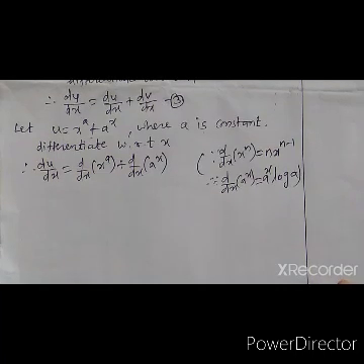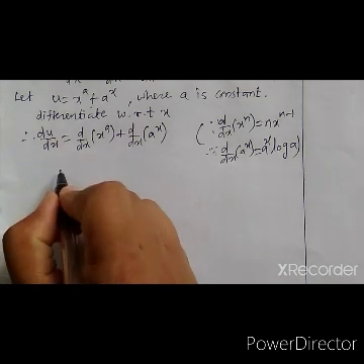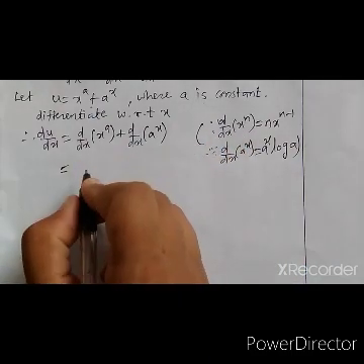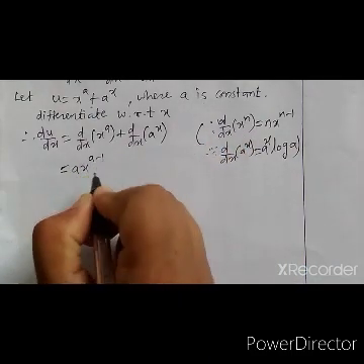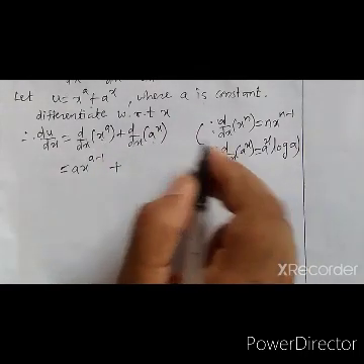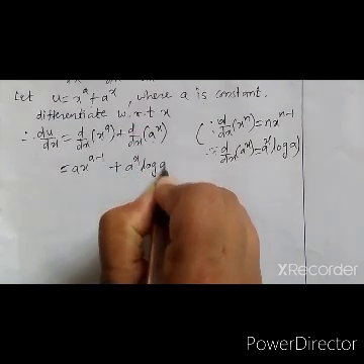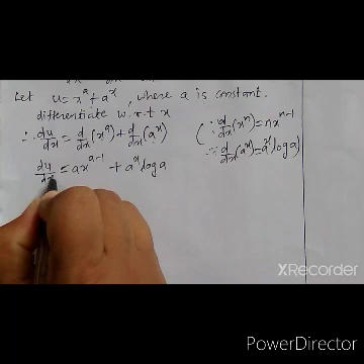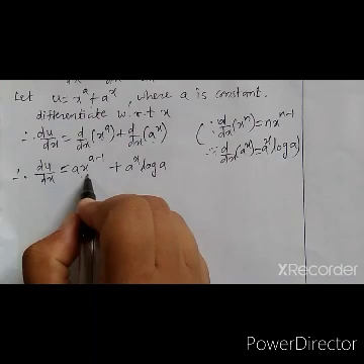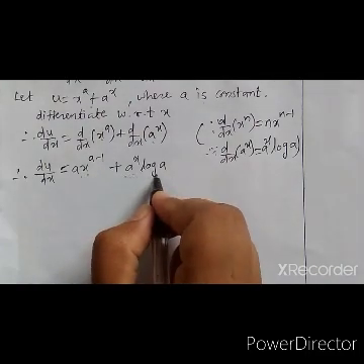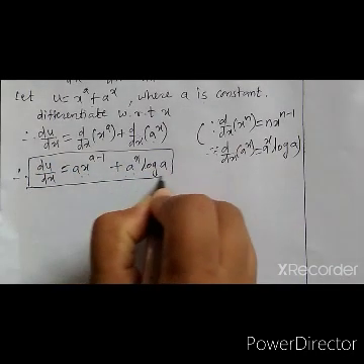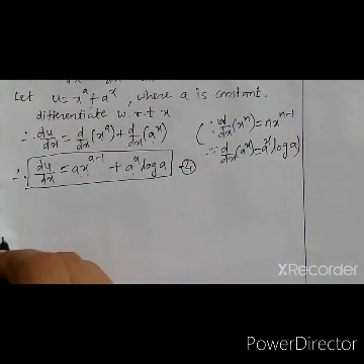Now here we can put x raised to a means x raised to n. So in the place of n we can replace a, x raised to a minus 1, where a is constant, plus derivative of x, that is 1. So here a raised to x, that is a raised to x log of a. Now we got the derivative, that is du by dx is equal to a x raised to a minus 1 plus a raised to x log of a. For this we can say equation number 4.